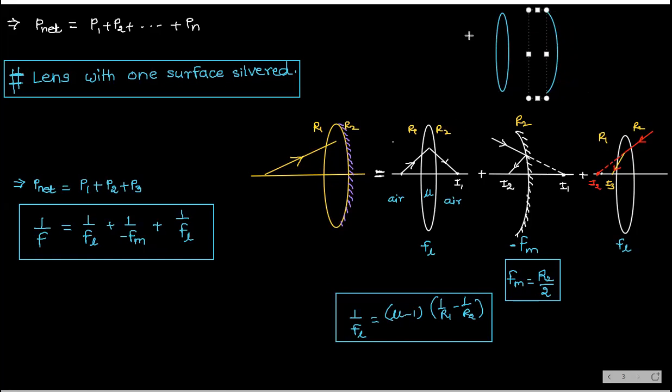And this is the principal axis. This is the principal axis. And this one is mirror. That's why this is the silvered part. So the first light ray is going like this, incident on this, then it will get a little bit refracted, okay, straight, and then it will come a little bit like this, and then a little bit it will converge and you will get the final image somewhere here. Understanding?